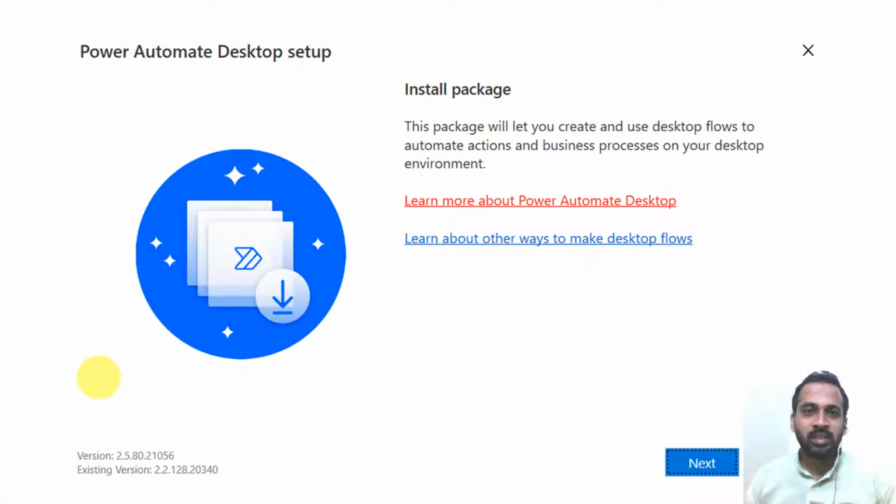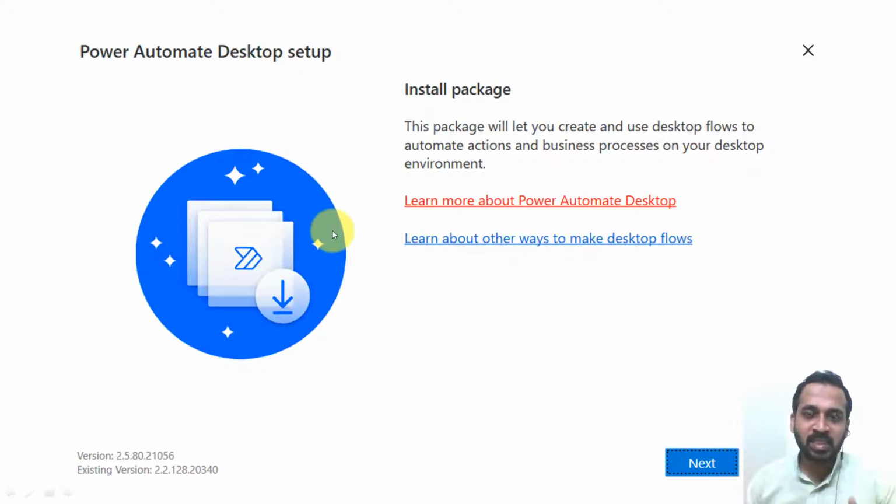After downloading these things, it will open up this new window. If you notice at the bottom of this screen, there's a version, and the existing one is this version. I have already downloaded this version, which was supposed to work only with work and office accounts, not with the personal account. But with this version, 2.5 released in March of 2021, we can add our personal email account. So this is the home screen of it.